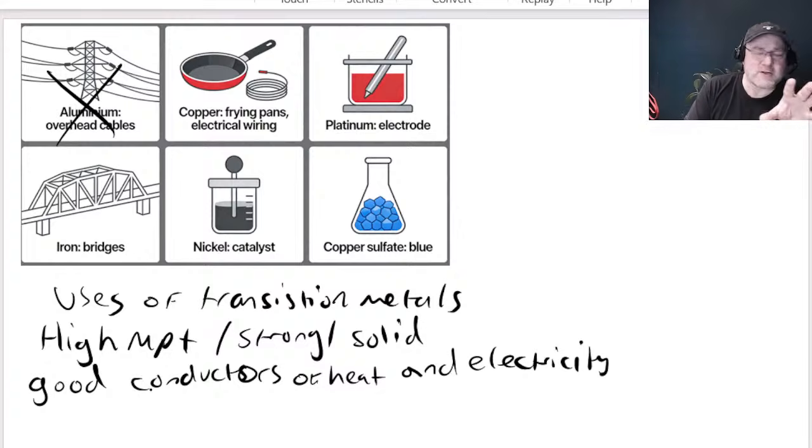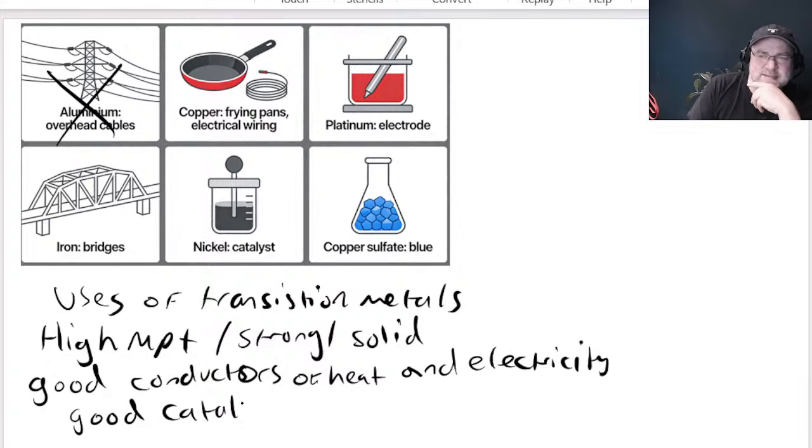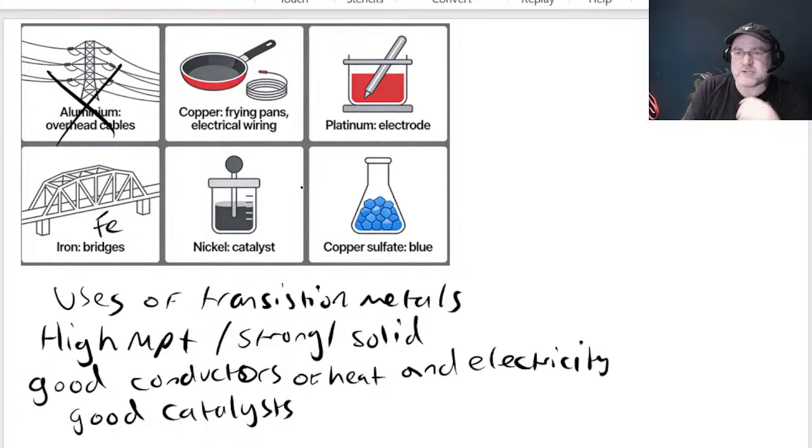What else can we say about transition metals? They make good catalysts. Catalysts, if you're asked, speed up reactions without getting used up. So iron in the Haber process, you have platinum catalysts used in all sorts of reactions, nickel catalysts used in loads of reactions, like hydrogenation and stuff like that. Right, good catalysts they make, and they